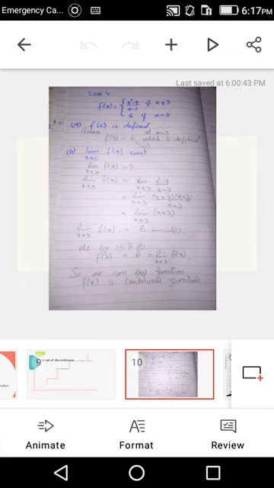Now we check condition number 3, that the limit as x approaches 3 of f of x equals f of c. The first condition was f of c, and our answer for f of c was 6. When we put the constant value, our answer was 6. After putting the limit, our answer is the same as the first equation. The answer is here also 6. So we can write, by equations 1 and 2, f of 3 is equal to 6, which is equal to the limit as x approaches 3 of f of x. So we can say that the function f of x is a continuous function at x equal to 3. Students, in the second part